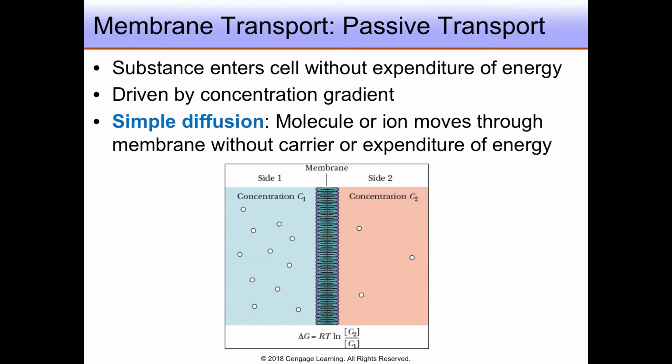We can classify membrane transport in terms of the energy cost associated with transport. Passive transport involves movement across the membrane without the expenditure of energy. In other words, the movement is spontaneous. Movement is driven by the presence of a concentration gradient, as illustrated below. A higher concentration of the substance pictured by the white circles exists on side 1 and a lower concentration on